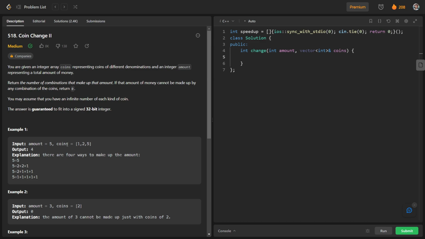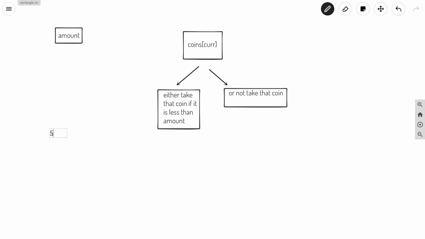So you can see how we can make 5. Let us have a closer view of this input. Our amount is 5 and the denominations are 1, 2 and 5. One way is that we can take 5. The second way is that we can take 2, 2 and 1.